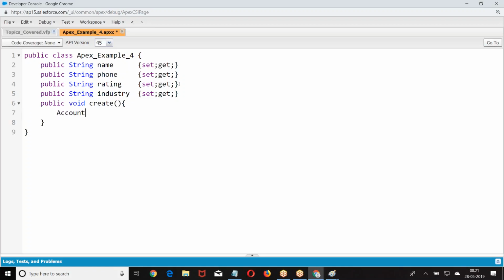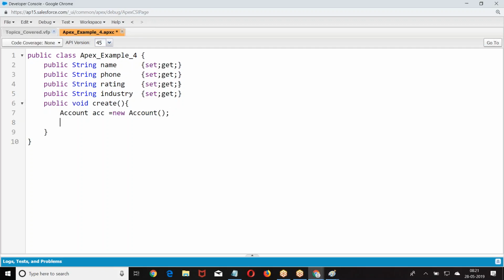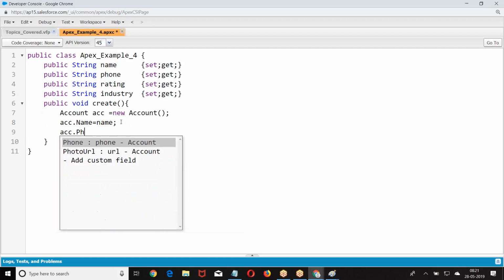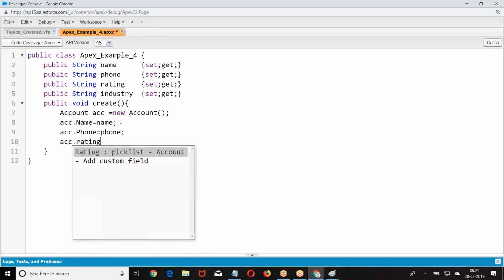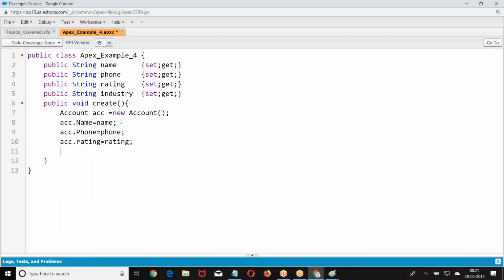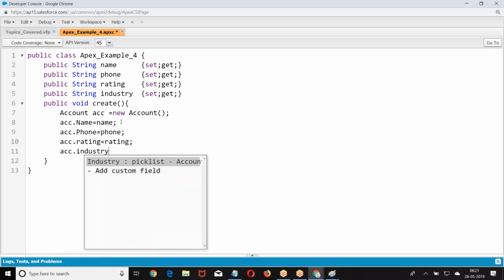Then what I'm doing: Account ACC equal to new Account. ACC.Name equal to the name we entered in the VF page. In the VF page, whatever name you are giving, that I am giving here. ACC.Phone equal to, ACC.Rating equal to, ACC.Industry equal to.